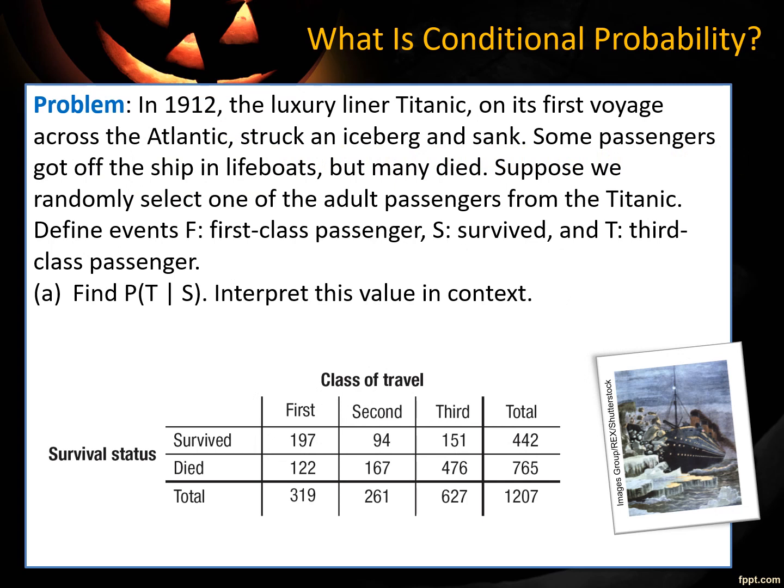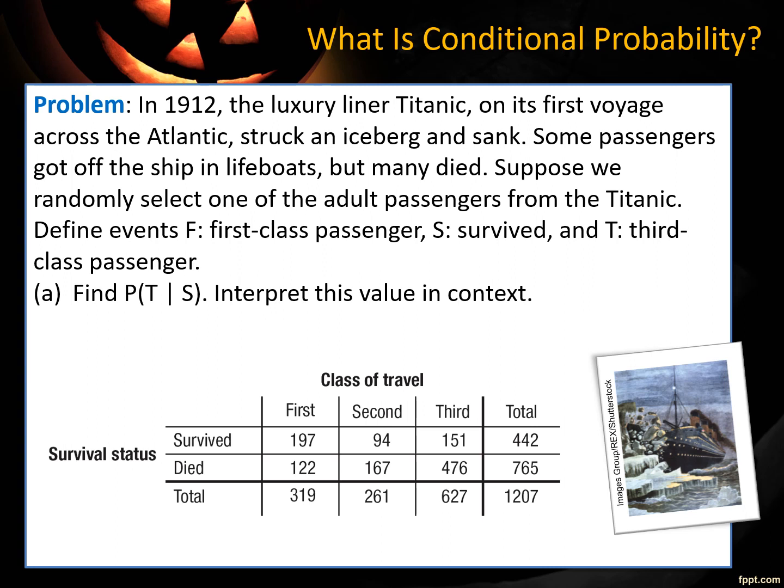Okay, so let's try a problem. Looking at this, the problem: in 1912, the luxury liner Titanic, on its first voyage across the Atlantic, struck an iceberg and sank. Yes, yes, we know. Some passengers got off the ship in lifeboats, but many died. Suppose that we randomly selected one of the adult passengers from the Titanic, and we're going to define our events,